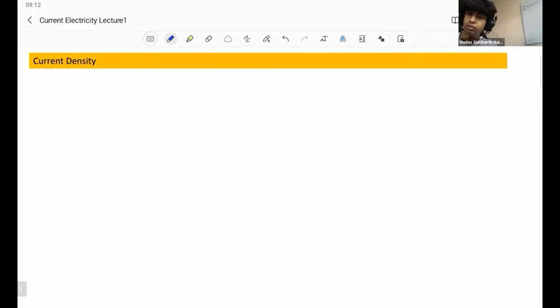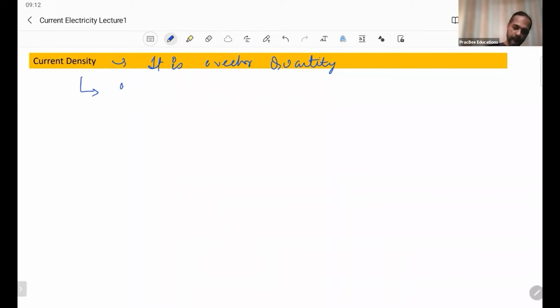It doesn't follow vector law of addition. Got it, Siddharth? So current having a direction and magnitude, still it follows simple algebraic addition. So we call current a scalar quantity. It's not a vector quantity. Then we have this current density. This current density is a vector quantity. Sometimes vector quantities are more comfortable to work with, sometimes scalar quantities are more comfortable to work with, depending on the calculations. So we introduce a new quantity which is called current density, and this is defined as